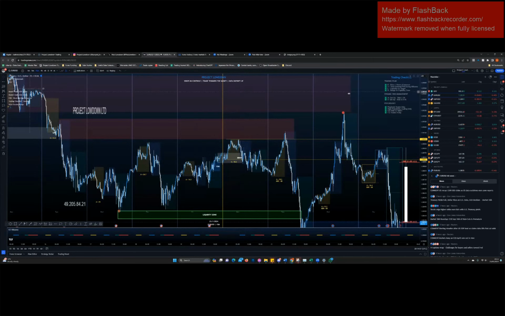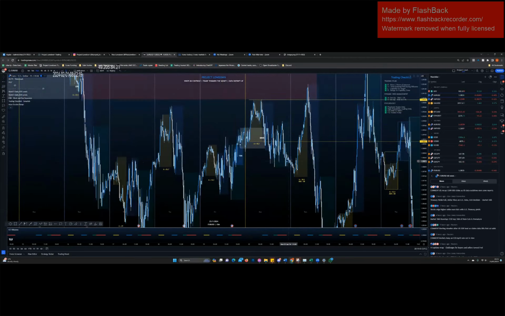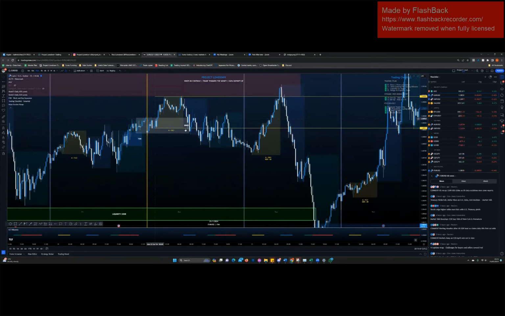So that being said, Asia expansion has happened. Let's make this bigger. Asia expansion has happened, so now we can get in. Before that, what were we doing? Playing defense, right? Nothing to do. We've seen our sweep, we've seen demand fail, so now we're looking for a trade. Go from the high, and go from here or from here, enter here. Short.